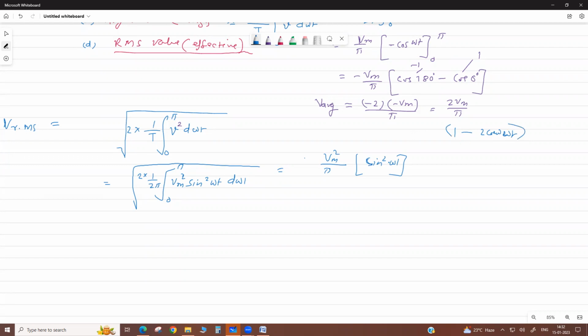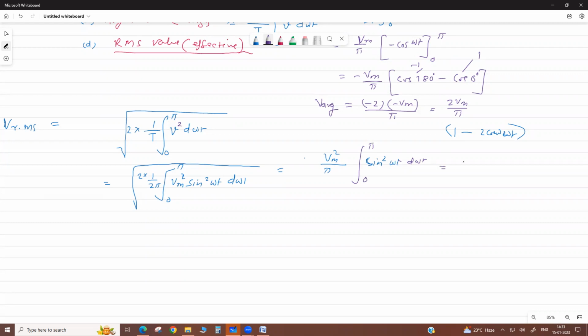We put this value here and integrate. So first we use a trigonometric conversion formula, then we integrate from 0 to pi, then put the